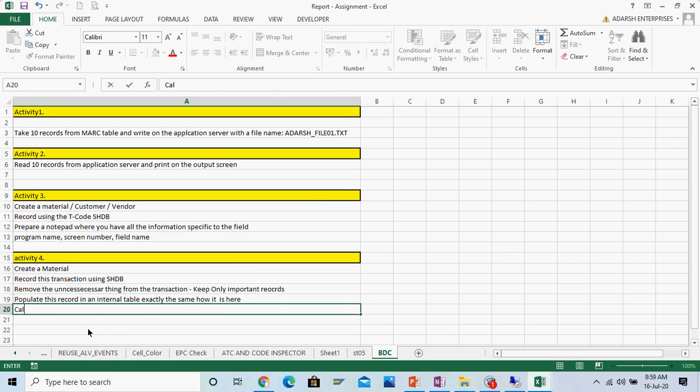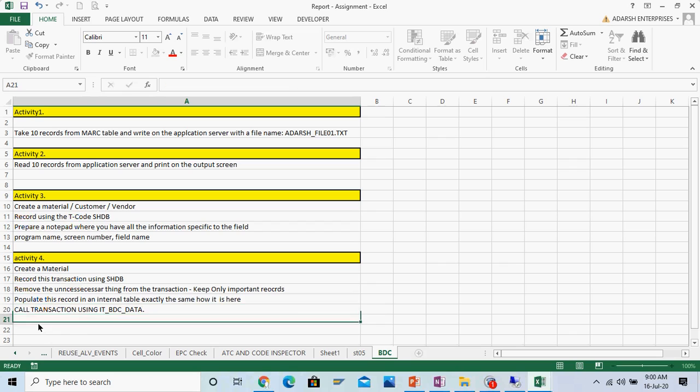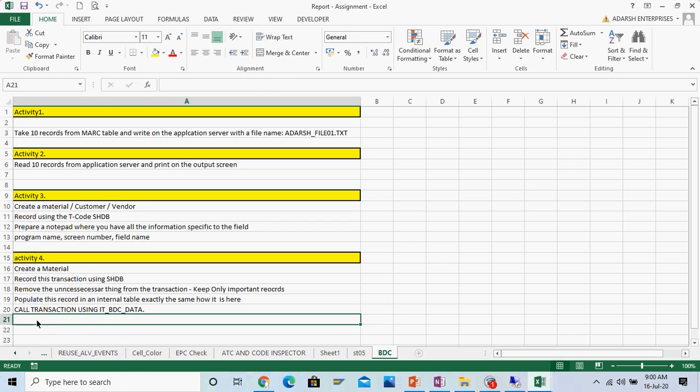Then call transaction, you will have to use the very important CALL TRANSACTION keyword, using BDC data. This BDC data means the internal table you have prepared. So suppose the internal table is IT_BDCDATA, for example, using this. And if you want to capture the message, you can give the message also. Don't capture the message today, just do this one, but do one thing, try running in background